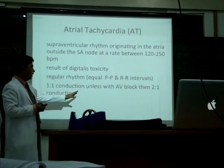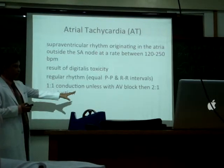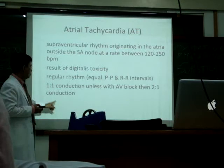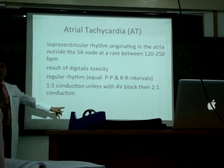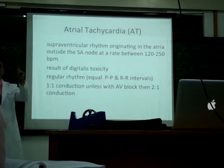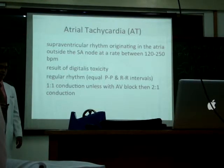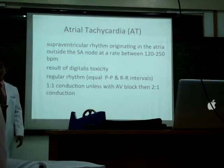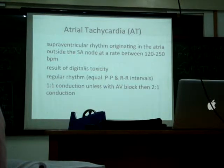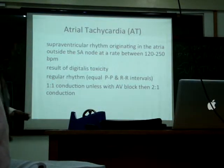Unlike with AV block. If an AV block occurs, then it becomes a 2:1 conduction. Sometimes there will be 2 P waves to 1 QRS complex. That in itself is already abnormal. Okay? Why would there be a 2:1? Because with an AV block,